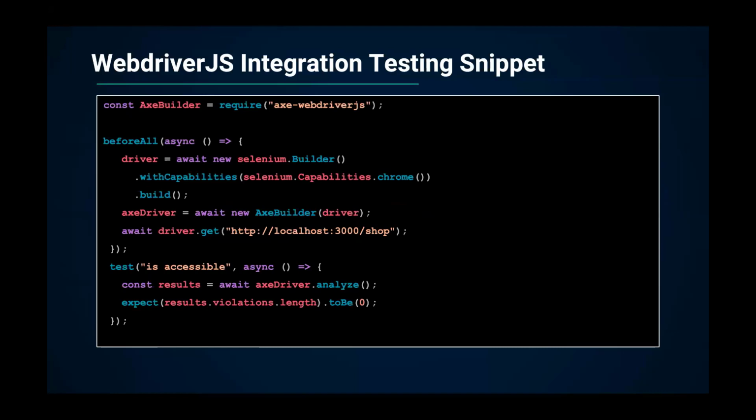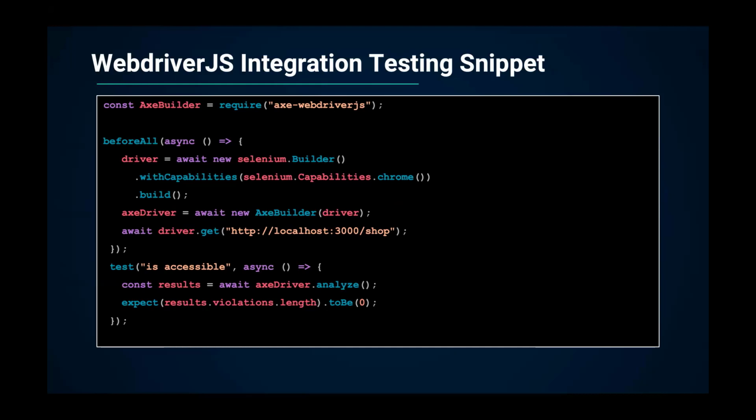So in this case here, we actually have an Axe integration for that. So Axe WebDriver JS, and what we do is before the test case runs, we take the actual driver itself, we wrap it with Axe Core, which allows Axe Core to get integrated into or injected into the page that you're testing against. So when I go to the localhost link there, I can actually then scan it for accessibility issues. So I create a test case that says is accessible. I create an object called results, and that results object is equal to axedriver.analyze, which then scans the page like you saw before, similar to axe.run, and will give you the results back from it.